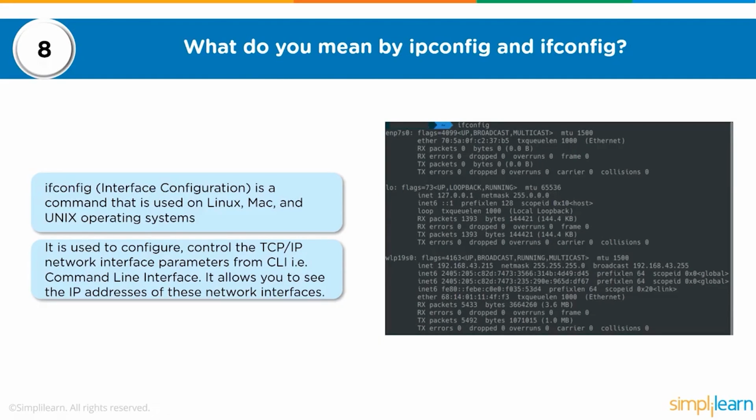It allows you to see the IP address of these network interfaces. So here you can see the WLP19S, the IP address being 192.168.43.215, subnet mask being 255.255.255.0, with the broadcast being